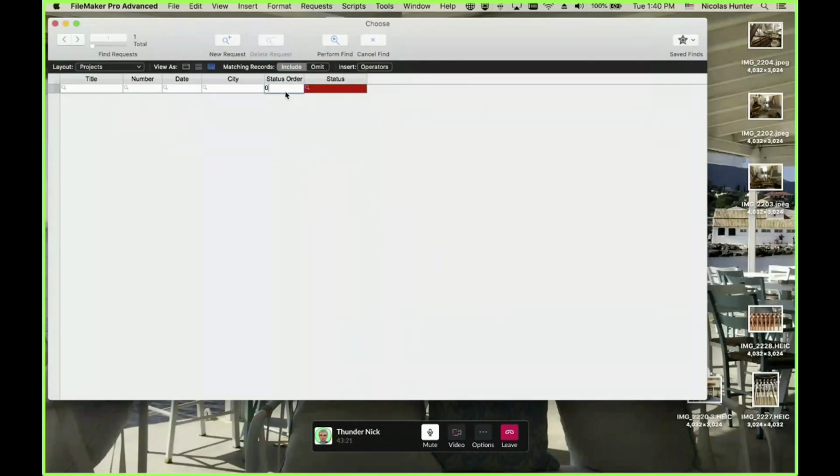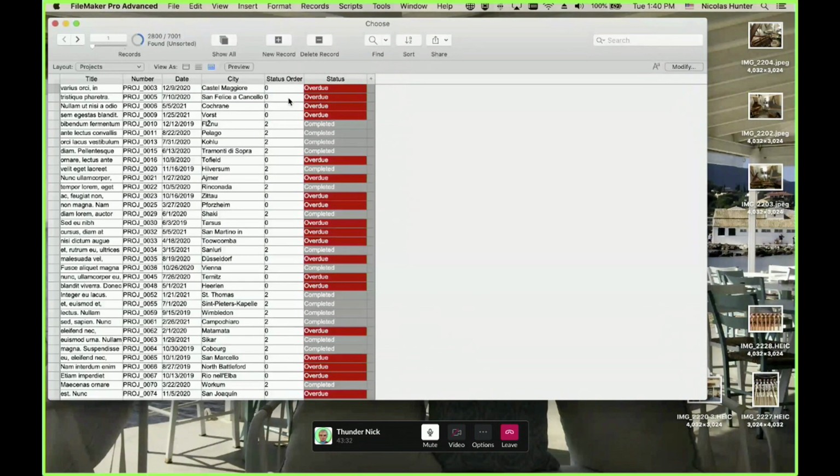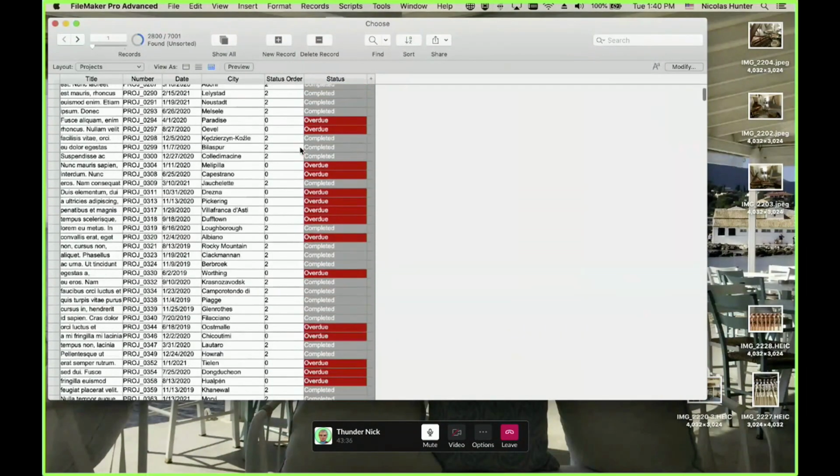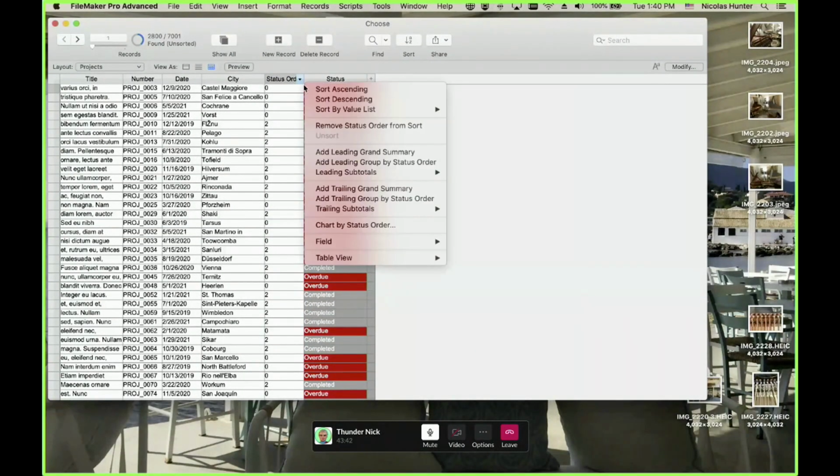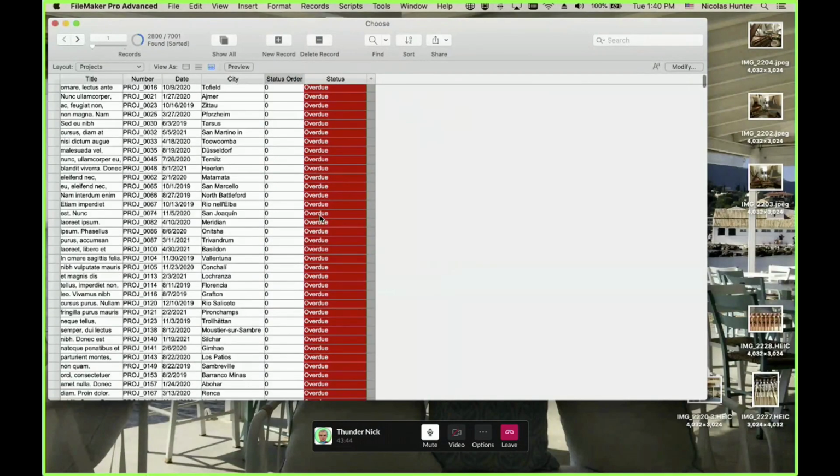I want everything that is overdue, right, and everything like this. I want two statuses. See, I want overdue and completed because I want to compare, right? So you can search like this also, and you can sort very easily. You sort like this, right?